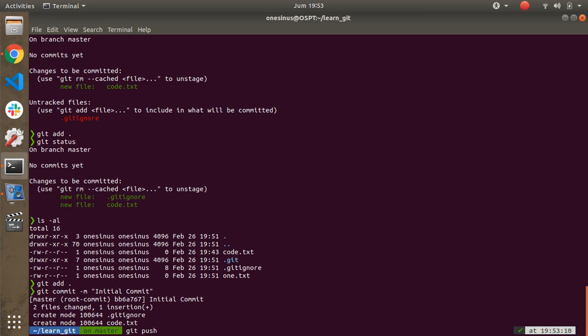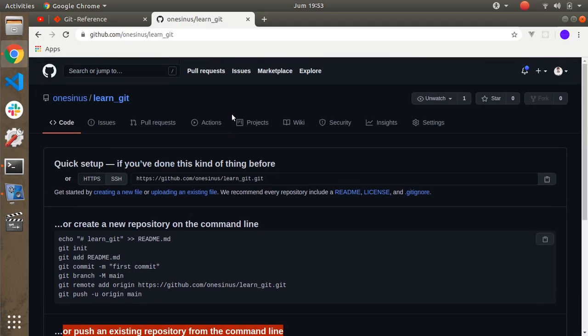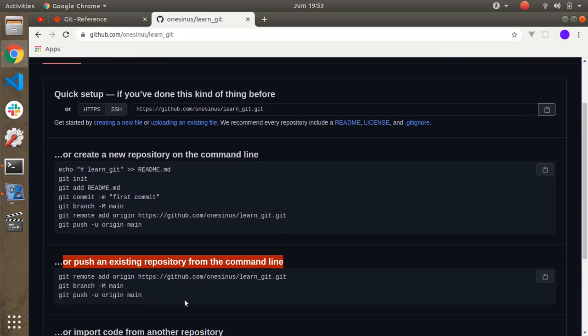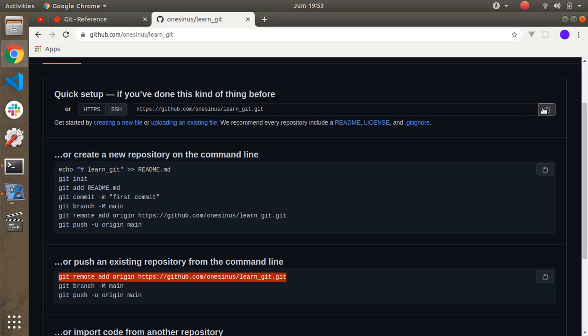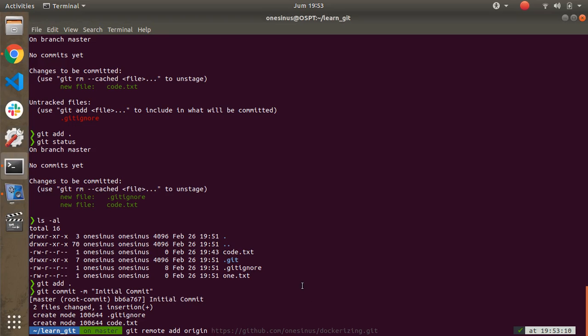But because our directory doesn't know what repository we will use, I will copy this and run this command, git remote add origin, and you can copy this link.